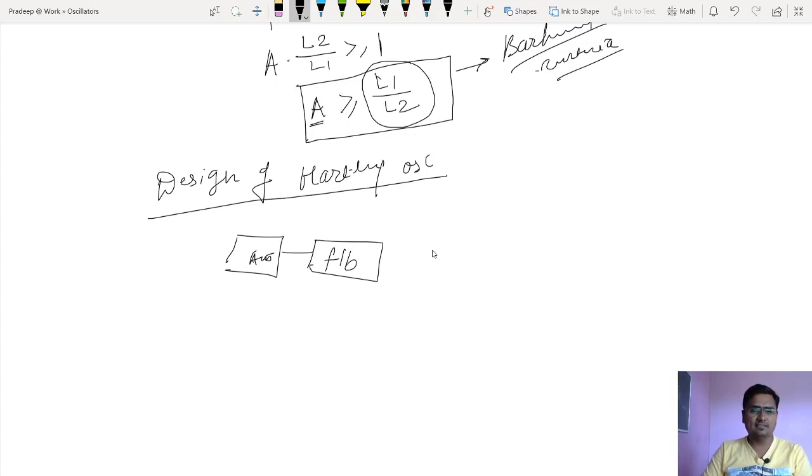It is just a single stage common emitter amplifier, and we are already aware of the process of how to design that. So instead of wasting time on the design of the amplifier, I'll just give you some clues and then we'll start with designing the feedback network and conclude that design procedure. When we start, you will come to know that things are actually very simple.